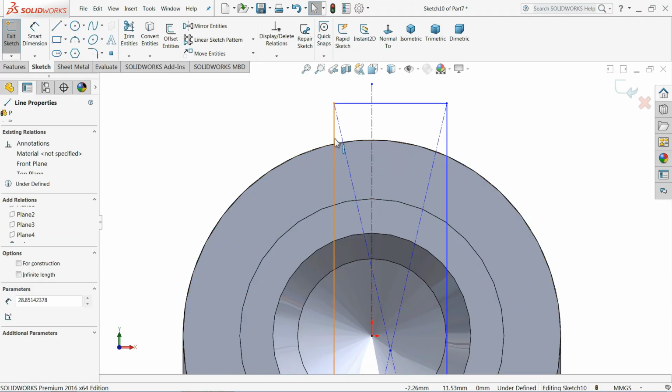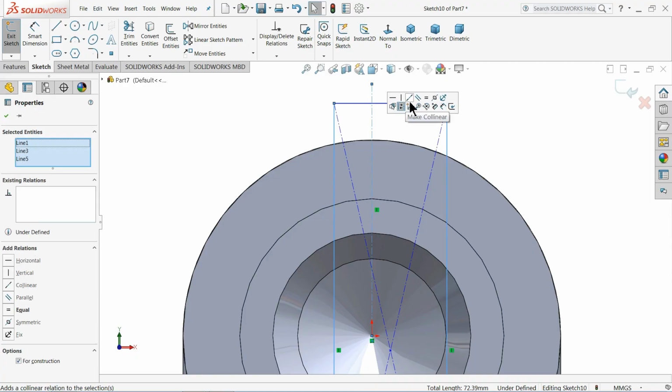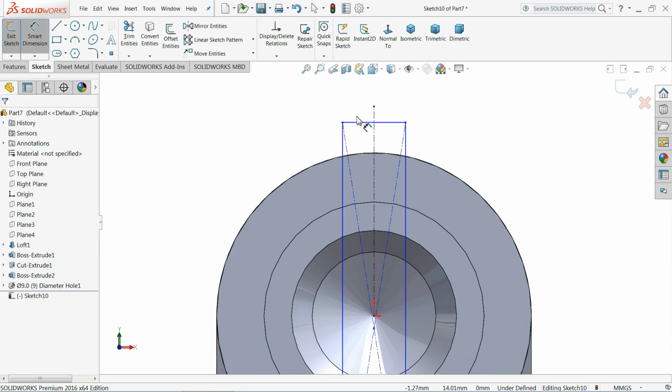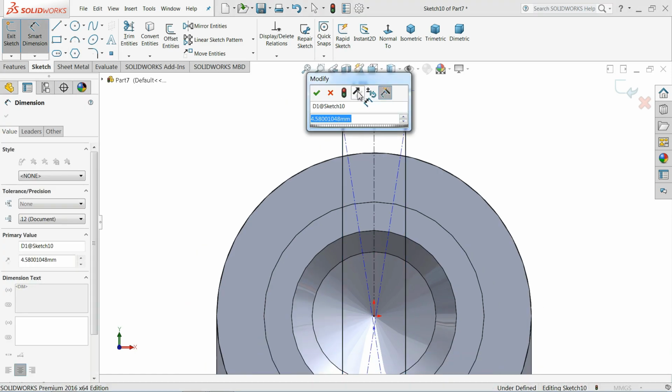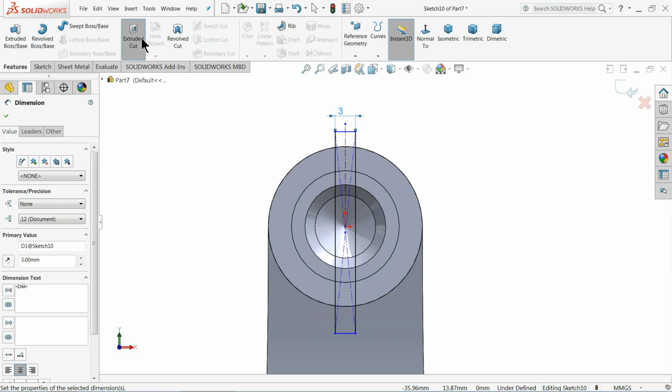Now select outer and middle and choose here symmetric, and define this one 3 millimeter. Make sure it is bigger than this outer radius. Extruded cut,